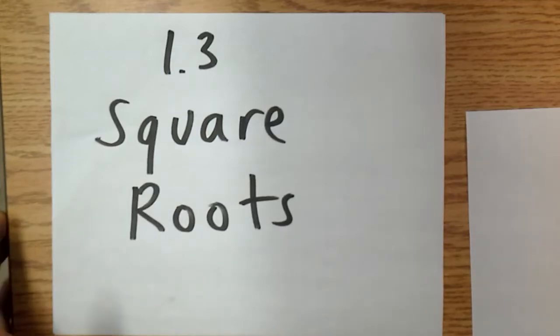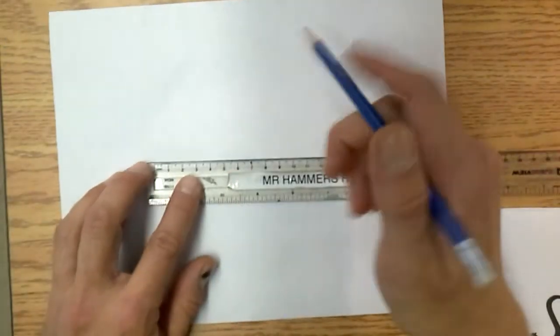Here's the next video for section 1.3. It's about square roots. So before, when we were talking about squares, we were saying,